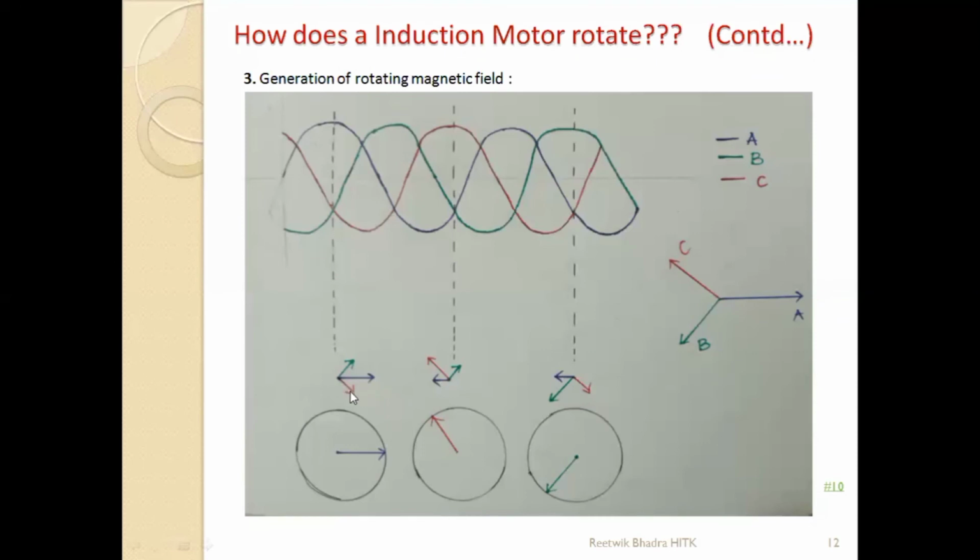So C negative, I have drawn in this direction, half of the magnitude of the blue line. Then the green color, because B is also negative, B negative is in this direction, that is upward. Now the resultant will be along the maximum one, meaning the positive direction. So this resultant will be along the A phase, so I am drawing it in blue color, with a circle drawn in blue.